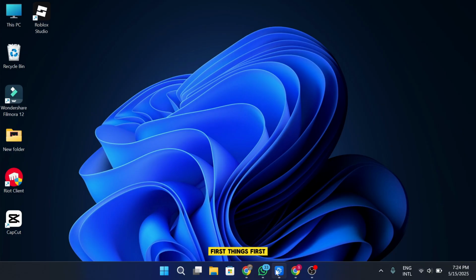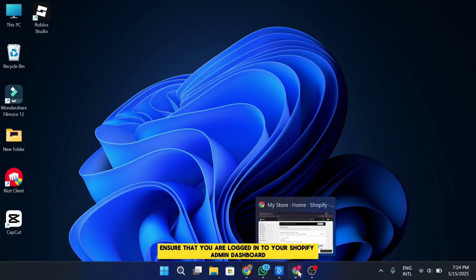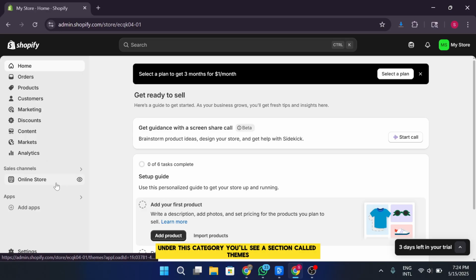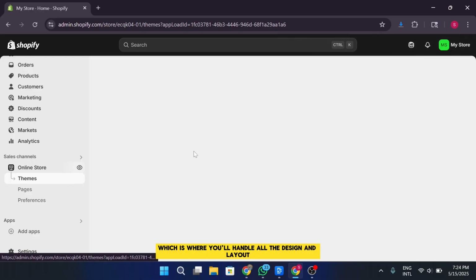First things first, ensure that you are logged in to your Shopify admin dashboard. Once you're inside your dashboard, direct your attention to the menu located on the left-hand side of the screen. From there, find and click on the option that says Online Store. Under this category, you'll see a section called Themes, which is where you'll handle all the design and layout aspects